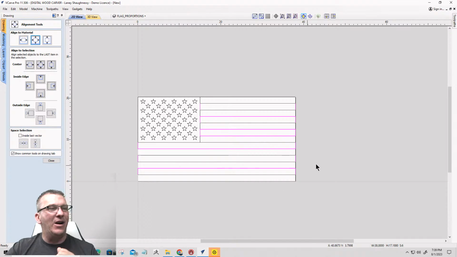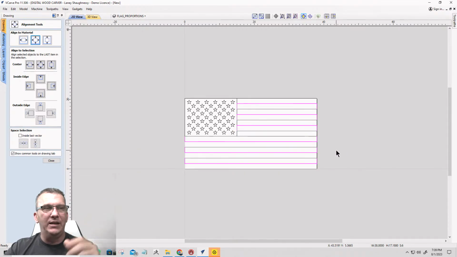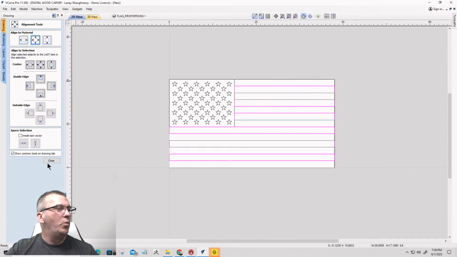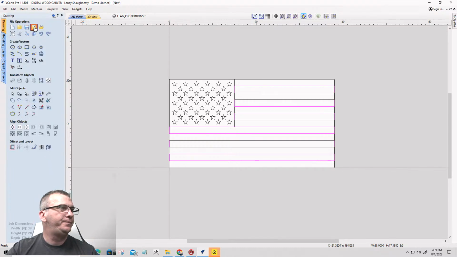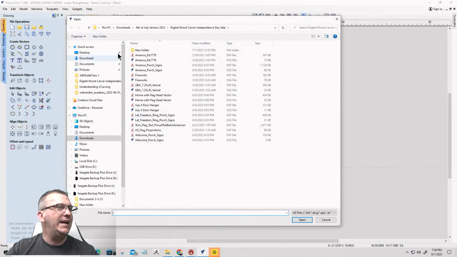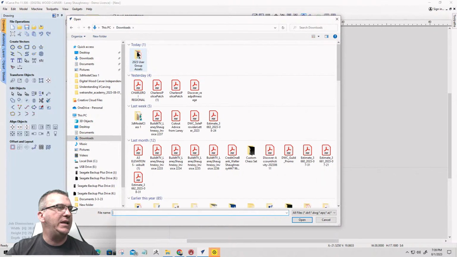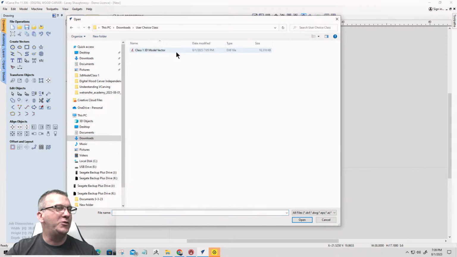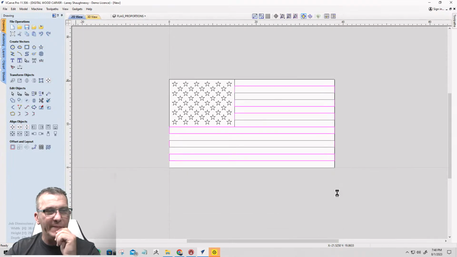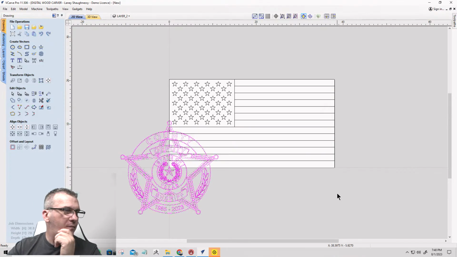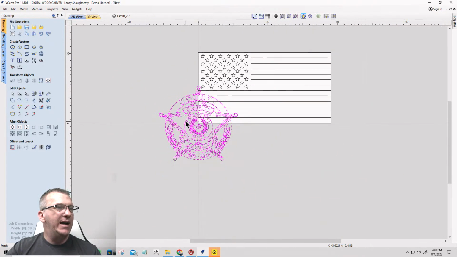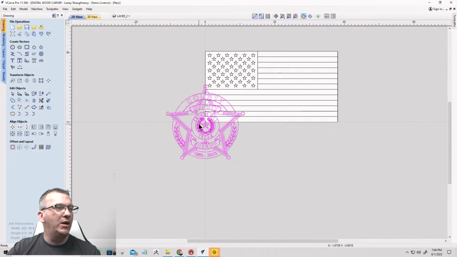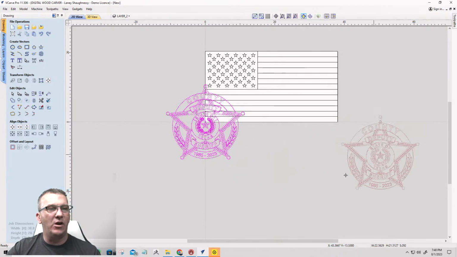And now I'm going to put an emblem in there. For the emblem, we're going to import another vector, and this vector is going to be from the user's choice class. It will be this vector here. It's going to be a big one. Okay. All right. Now, before I go putting this on the flag,